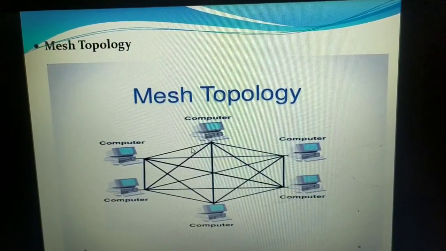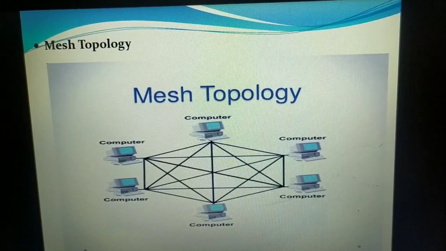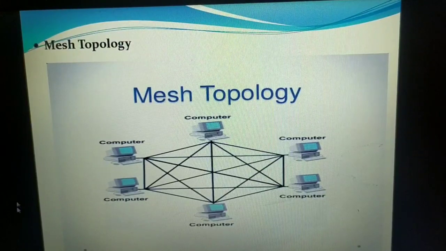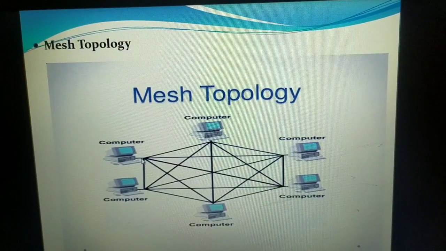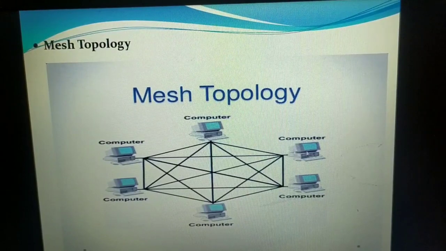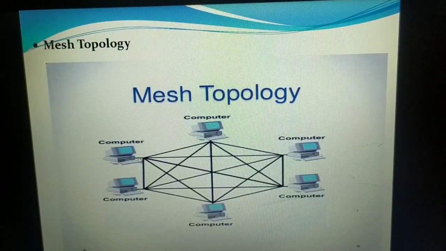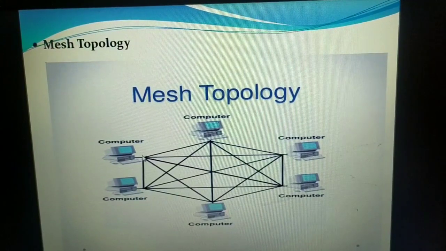Again, the data packet consists of some bits, the original message to be sent, and the source IP address and the destination IP address. Here also the working will be the same. If the data packet reaches the destination, on identifying the IP address, if it matches, then this node will accept the data, otherwise it discards the data. Similarly it happens with the other nodes also. Now when the data packet is willing to reach the destination through this path, suppose there is a cable failure, this path may not be working for us, there might be a certain failure.